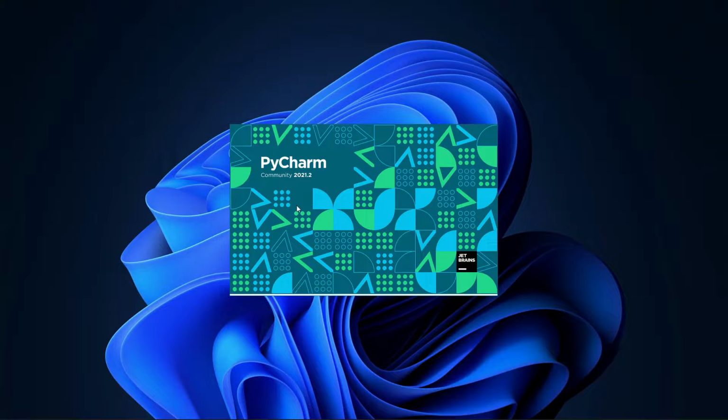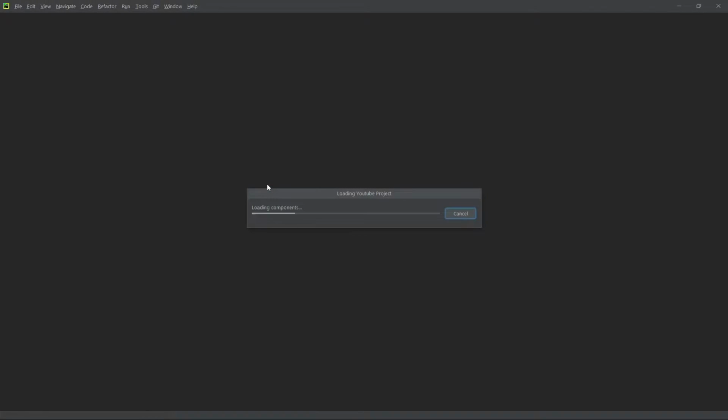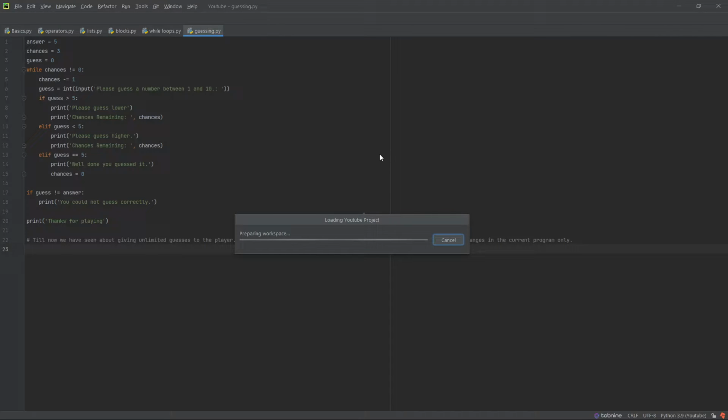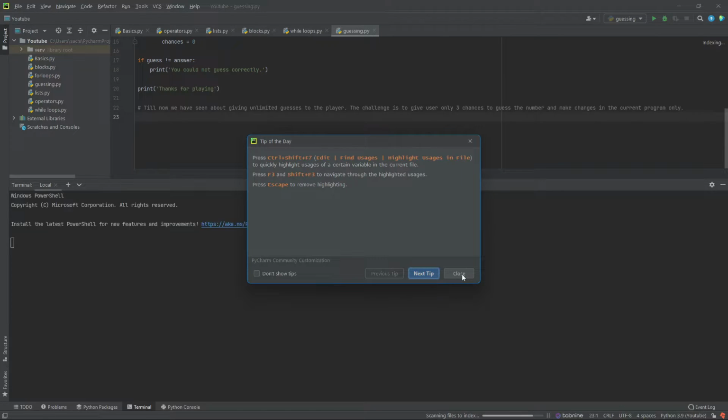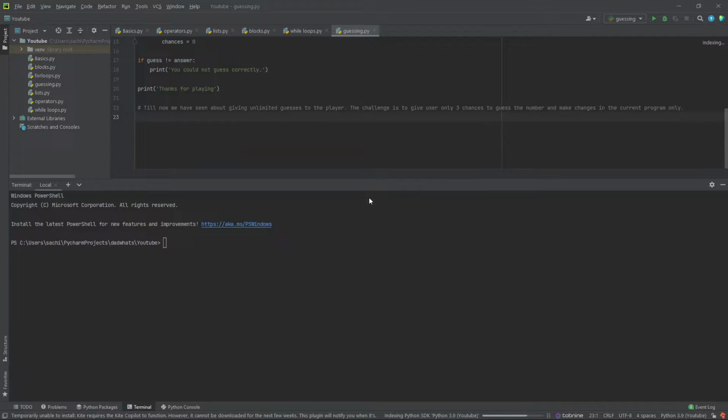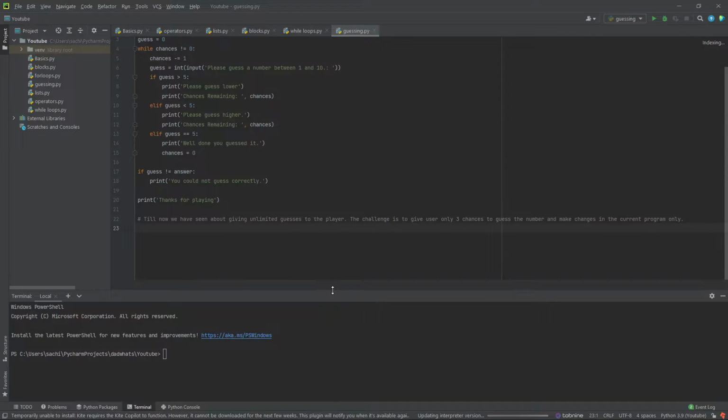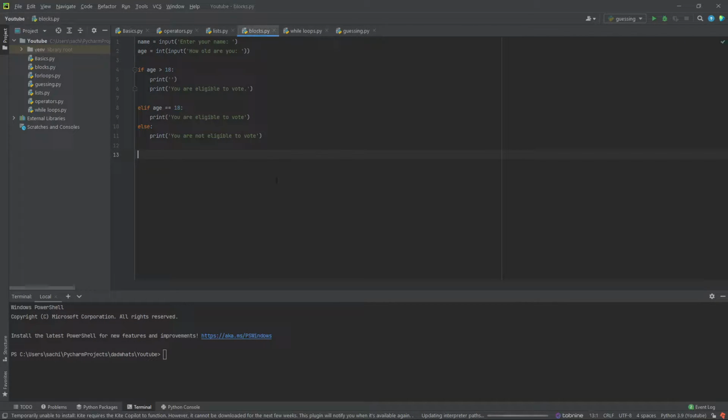In this video, we will be looking at how to use OR and AND keywords in if conditions. So let's get started and move on to our blocks file where we first learned about if conditions and start coding. So till now in if we have seen that we can only put one condition to validate a statement, whether it's true or false.